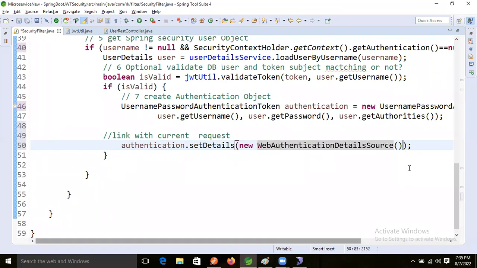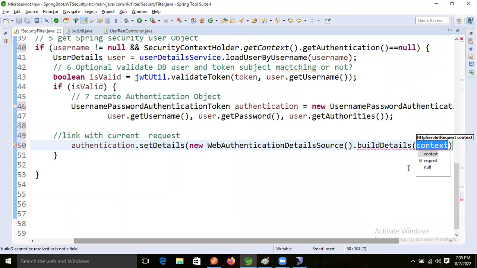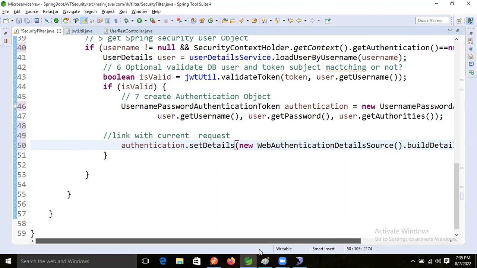So now dot build, right? Dot, what is that? Build details. Inside that, what we will do now? We will pass the request. We will pass the request. After passing that request,